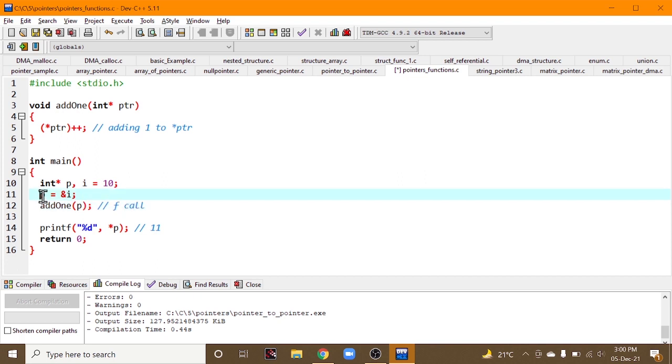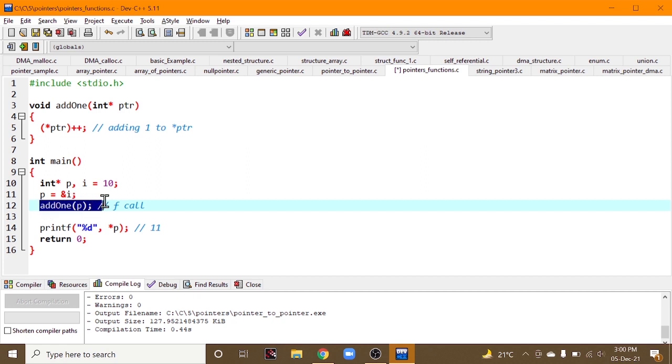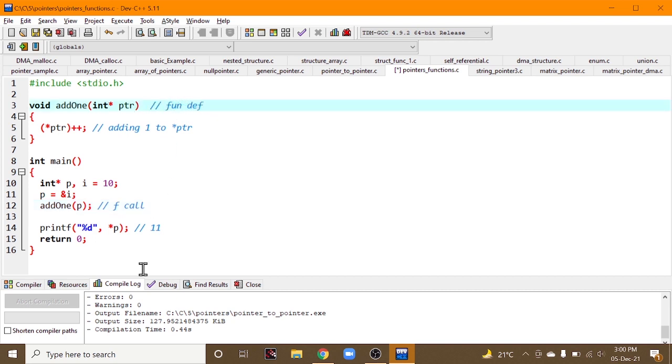Whatever address is stored inside this p is kept inside this argument, and whenever this function is called, it goes into this function definition. The function definition obviously holds a pointer because it stores an address, right? And what we are doing for that argument is incrementing, or you can say adding one.